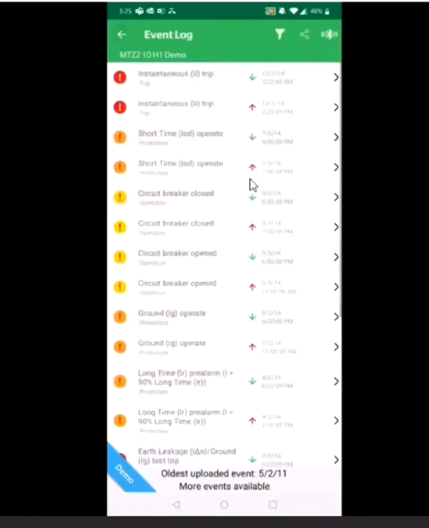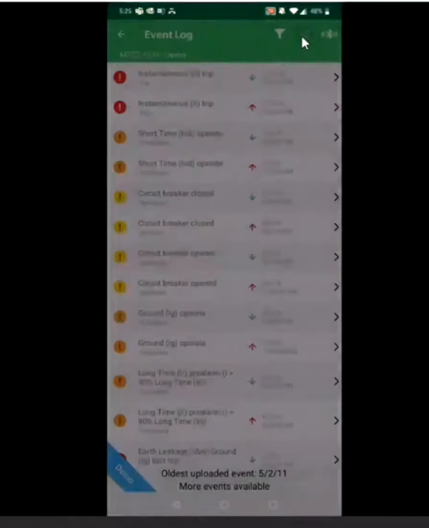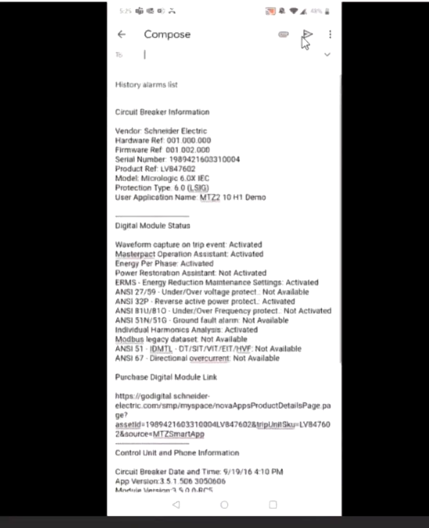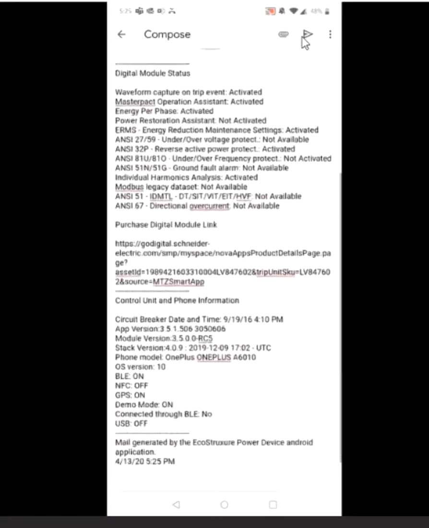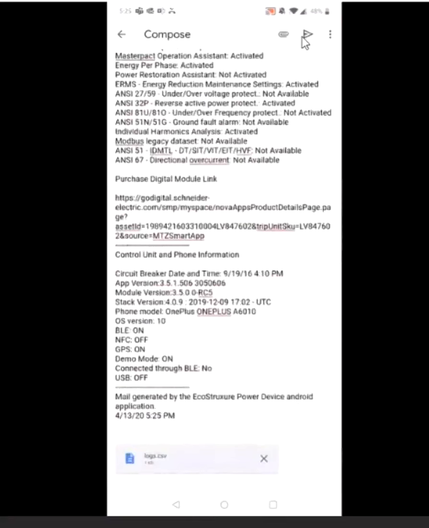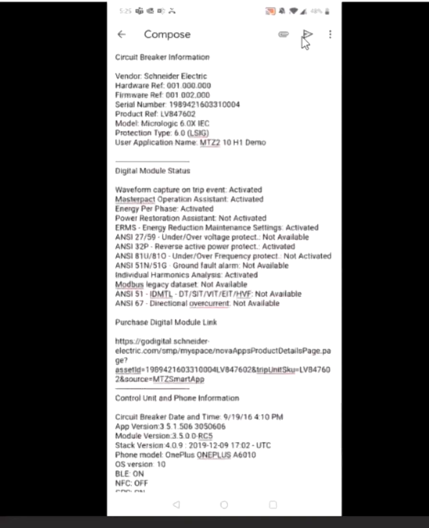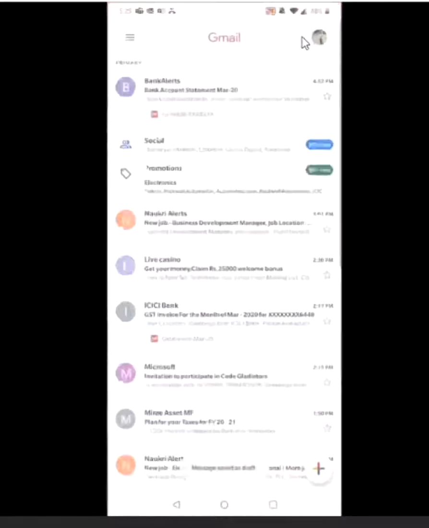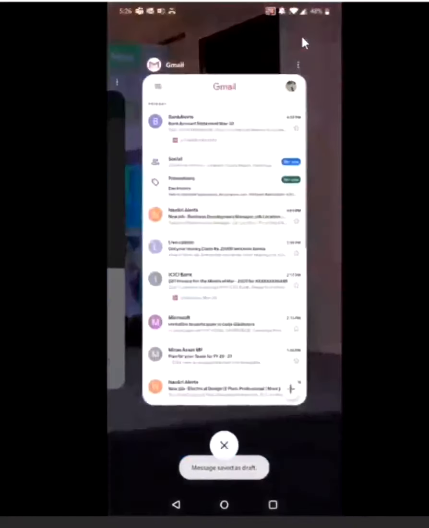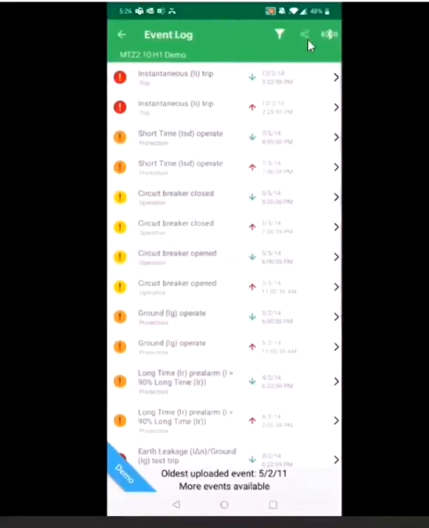So what is the use of this? Let's say a particular fault has occurred in your breaker, you can simply click here so that you can share this data outside. You can share this data with the Schneider service person or Schneider salesperson, the consultant, or some of your seniors outside your plant, and you can take advisory actions or do deeper analysis with just a single click. You can share all the data related to the breaker with a single click using this button.